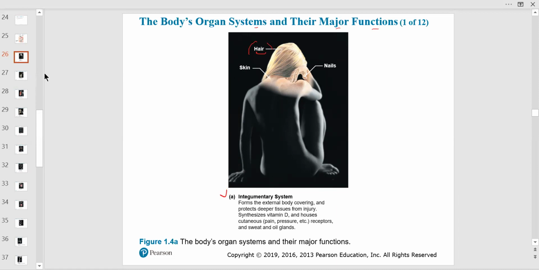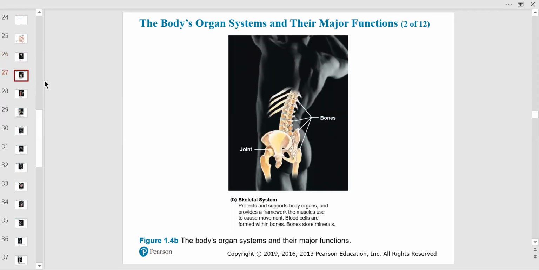So one of the big things about integument, and you're going to know this for the skeletal system, is that the skin can convert chemicals that build vitamin D. So you get vitamin D from the sun through your epidermis, which is the top layer of your skin. It gives you pigment, which is melanin, a dark brown pigment that protects us from destruction from the sun rays. So integument's got a lot going on.